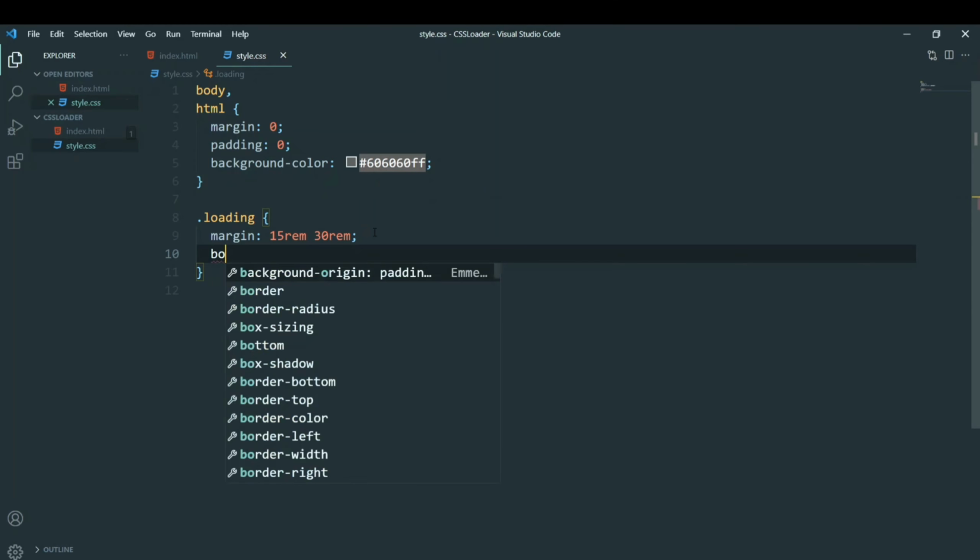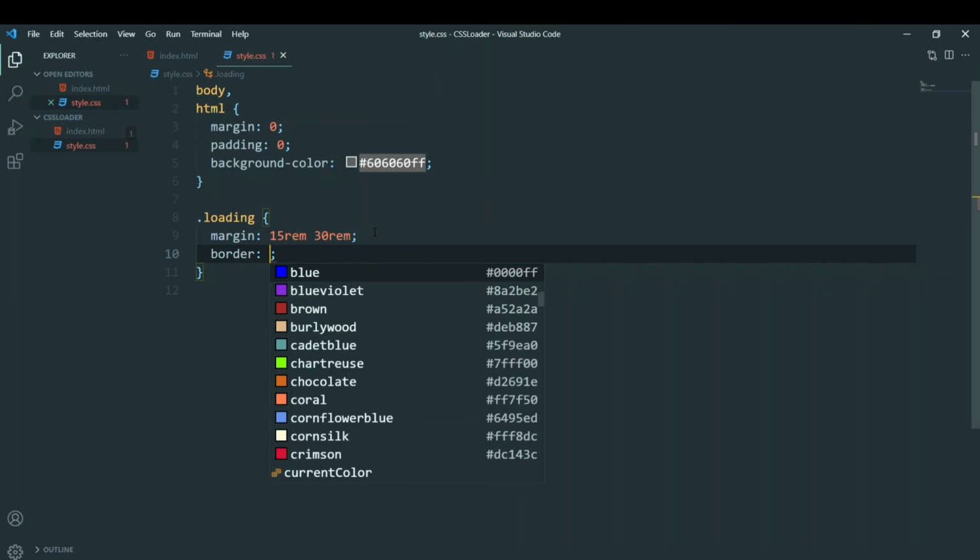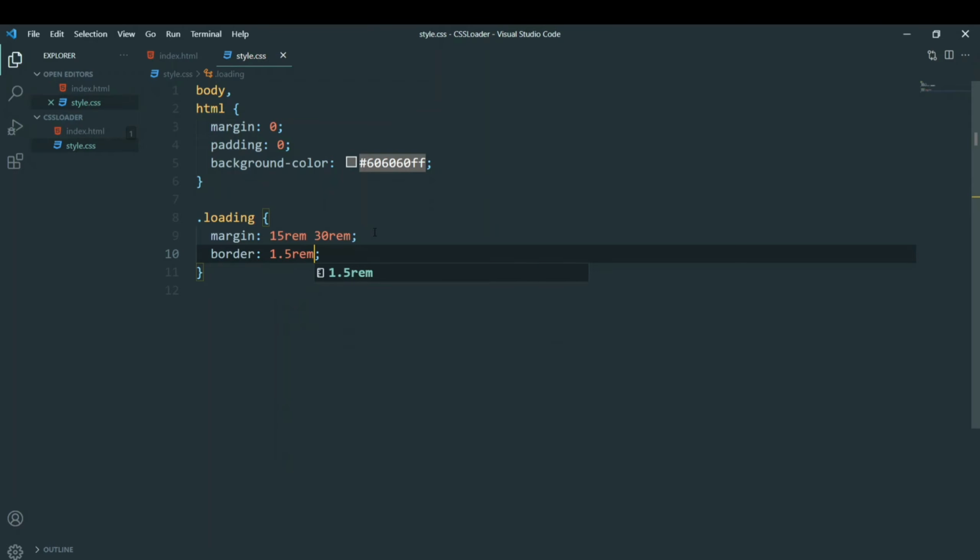Now let's add border to it, so that there'll be the round border that we've seen, the circular shape that is created using this border. Okay, so we'll add 1.5 rem border from all sides. It is solid and the color we are using here is white. Sorry, not the hash, we just write white. Okay, now let's see, this is what it looks like right now, just one single line.